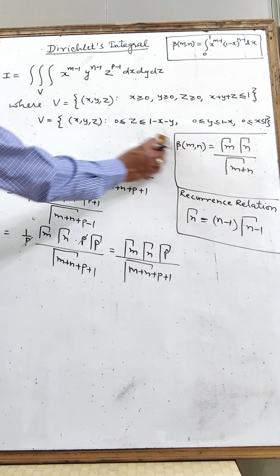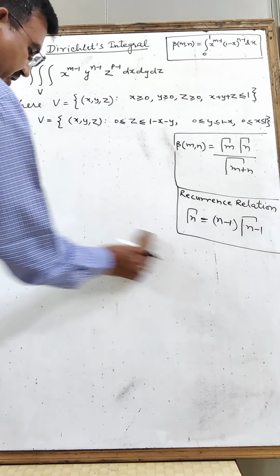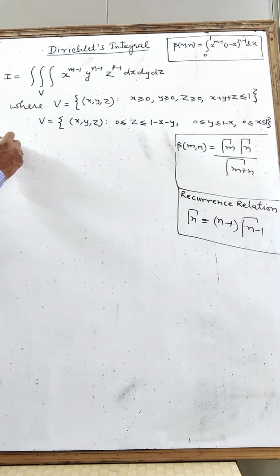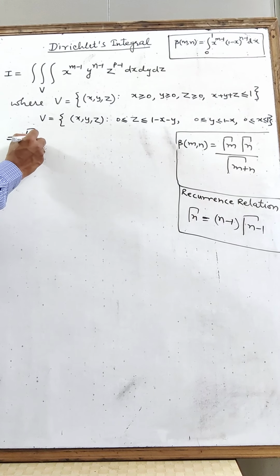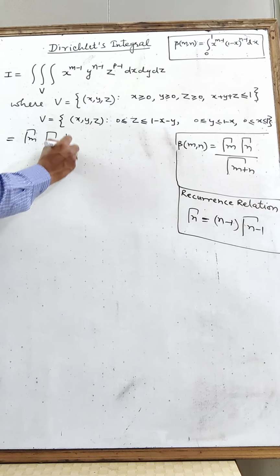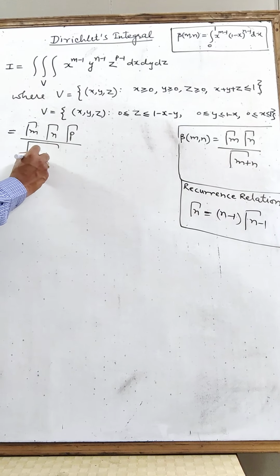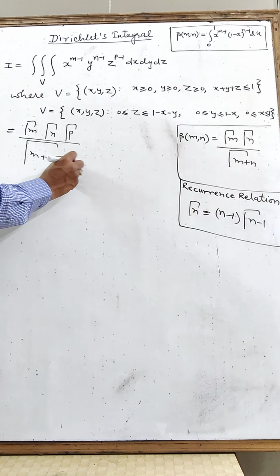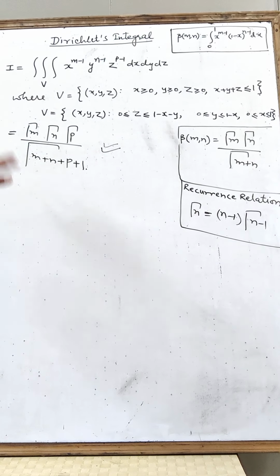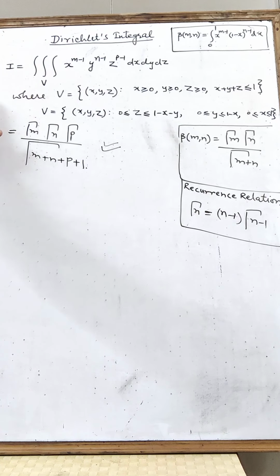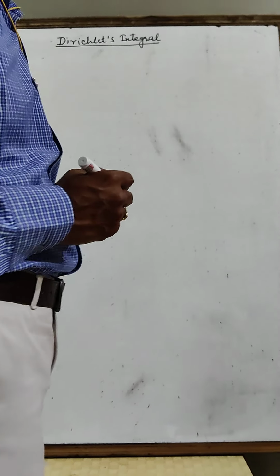So this integral is known as the Dirichlet integral. So you can learn the result from here. It would be gamma of m, gamma of n, gamma of p over gamma of m plus n plus p plus 1. So we will use this result directly when we solve our problems. So students, if we have to write the